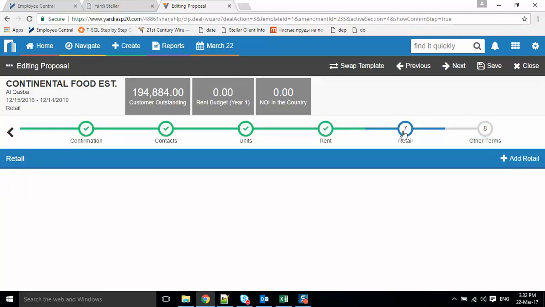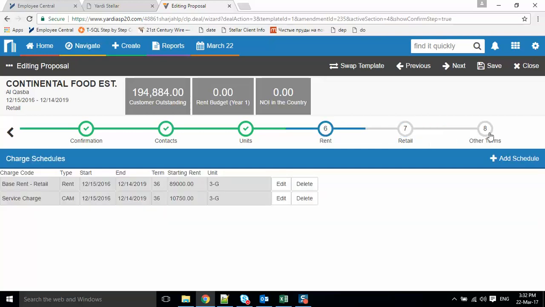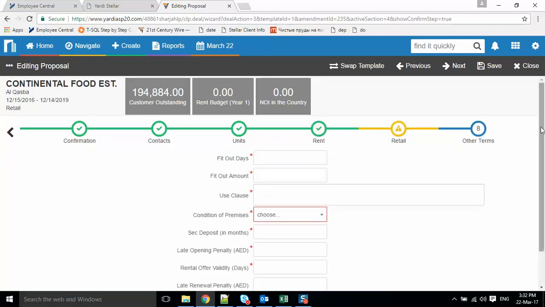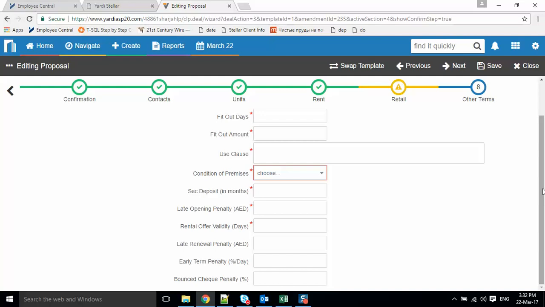For now I will unfortunately have to finish this. So they don't have any retail. This is our rent, and now we need to specify other terms, and then I will add your external unit. So fit out days is 0 because they are staying in the unit. Fit out amount is 0. Use clause, here you see that's where we populate it. It will be